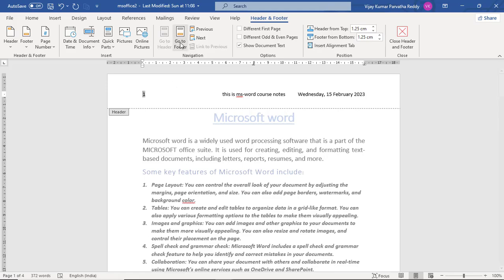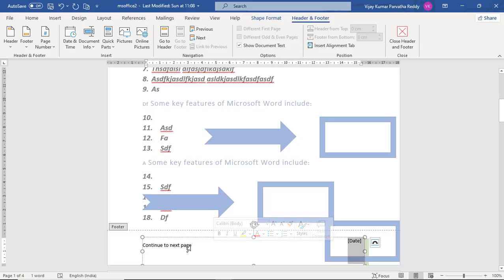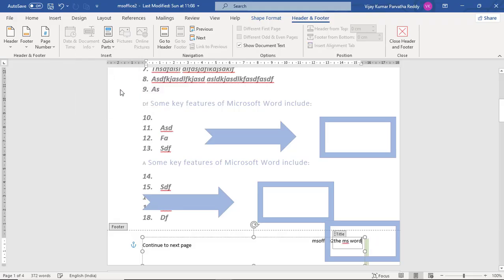Okay, you can also insert some document related information in the footer or header, like suppose document file name, MS Office 2, like that document related information, file path, document title. So whatever information you need, you can place in the header as well as the footer.